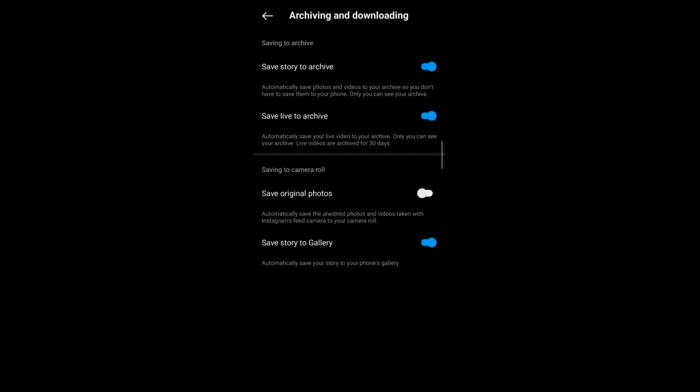So if it's in blue, then it means that it is enabled. However, if it is not in blue, then toggle the switch to enable this feature. If this feature is enabled and you're still not able to save your story to your gallery, next thing you